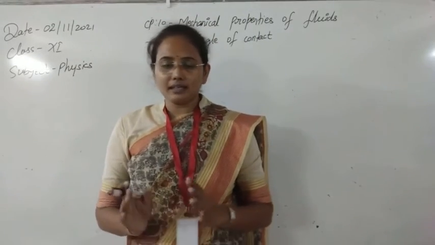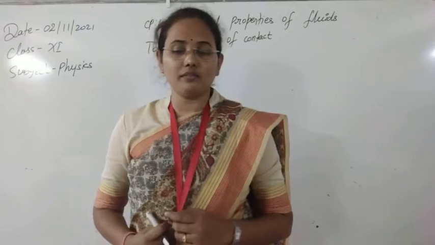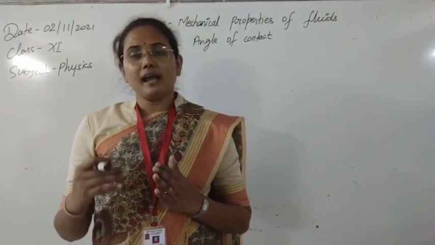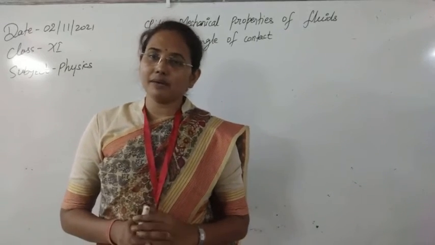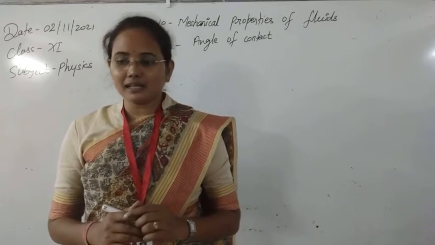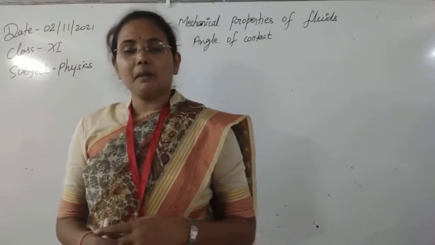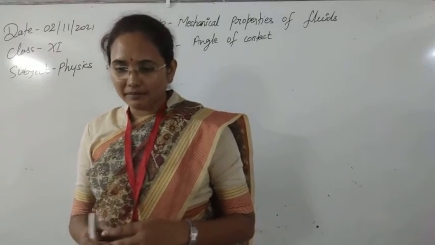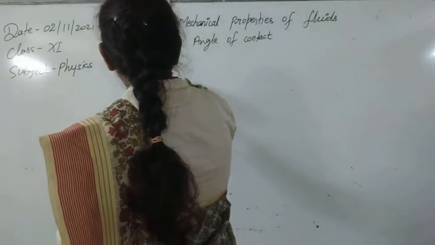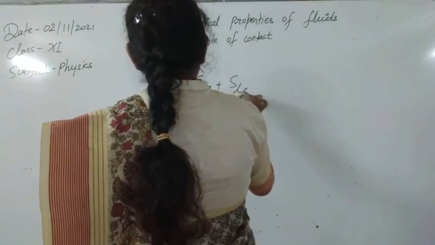Up to this point we have discussed a condition in the previous class. For the three interfaces, solid-liquid, solid-air and liquid-air, we have three types of surface tensions. The relationship between these surface tensions is also related to the angle of contact. We kept the maximum value of the angle of contact and derived a condition, which was: S_SA is less than S_LA plus S_LS.